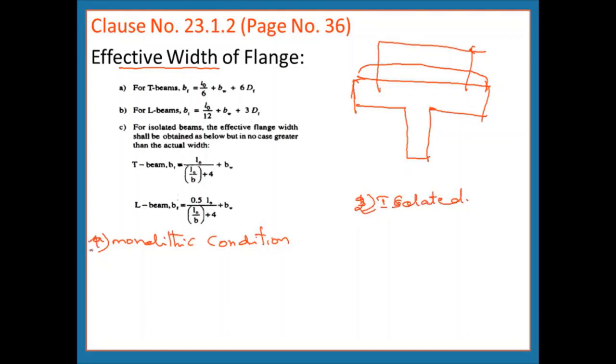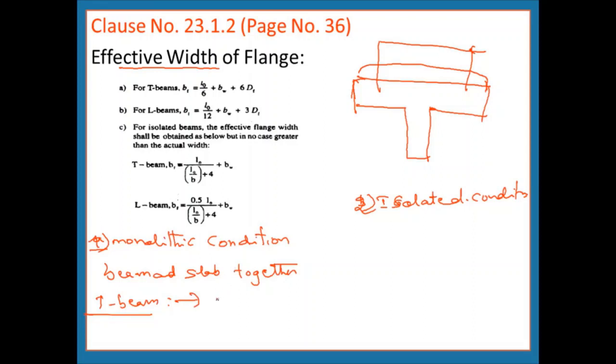Okay, one is the monolithic condition and the second one is the isolated condition. What is this monolithic condition? Suppose in the construction of a building we are casting beams and slab together. In that condition, whatever the T beam is there, for